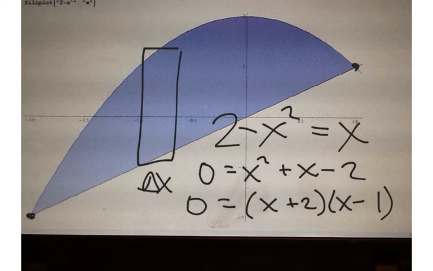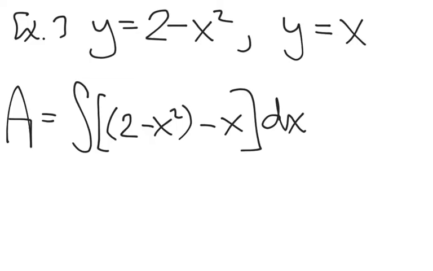And our two solutions are going to be x equals negative 2 and x equals positive 1. And so we now know our definite integral is from negative 2 to 1. And there we go. Now we just need to work out the answer using the evaluation theorem or the fundamental